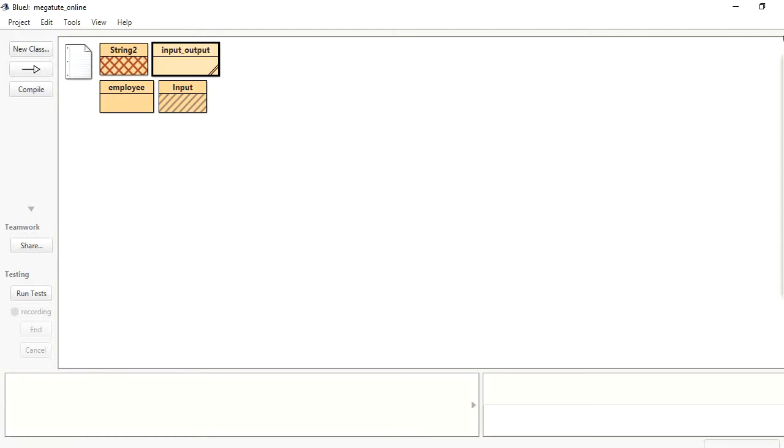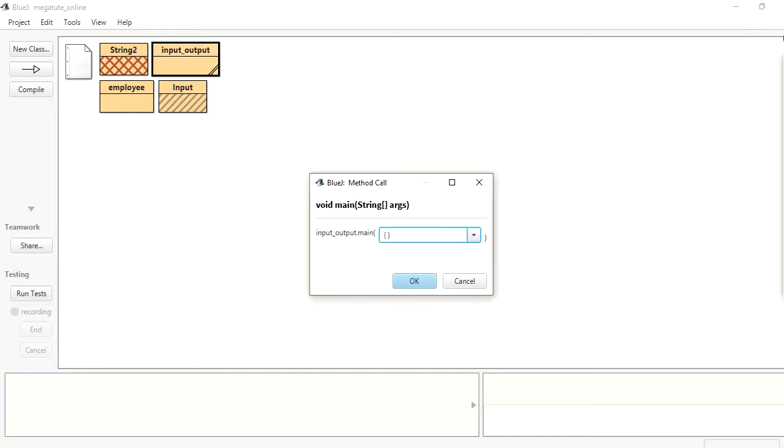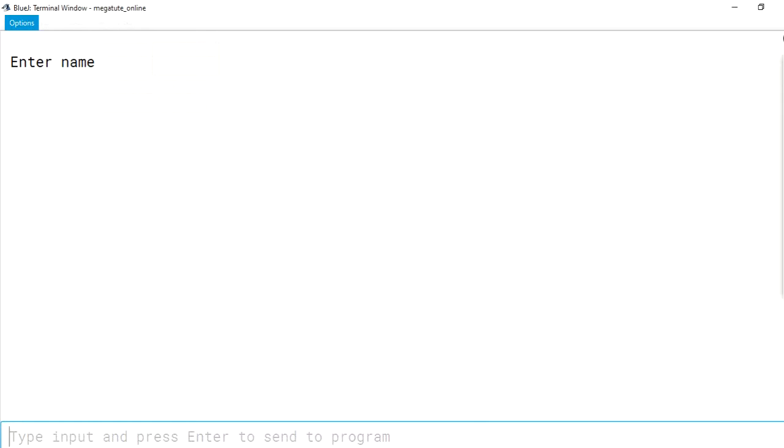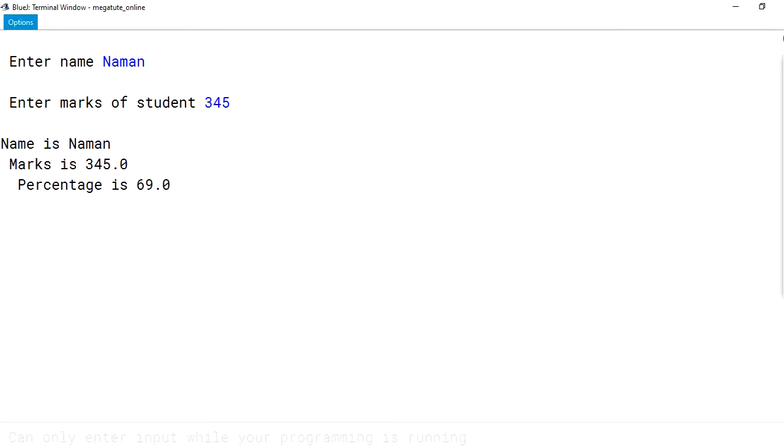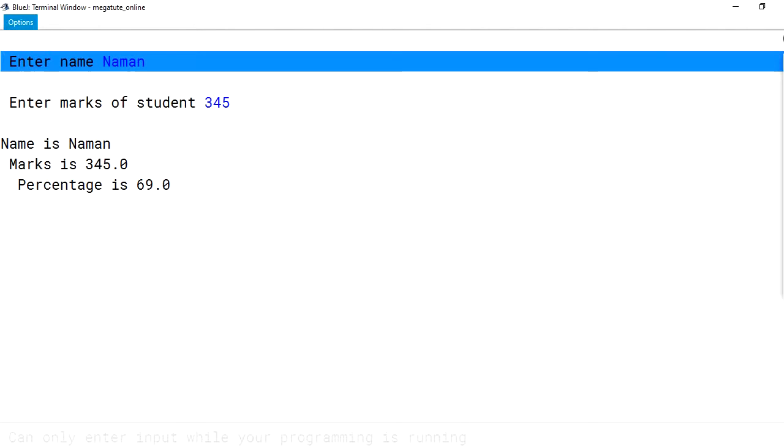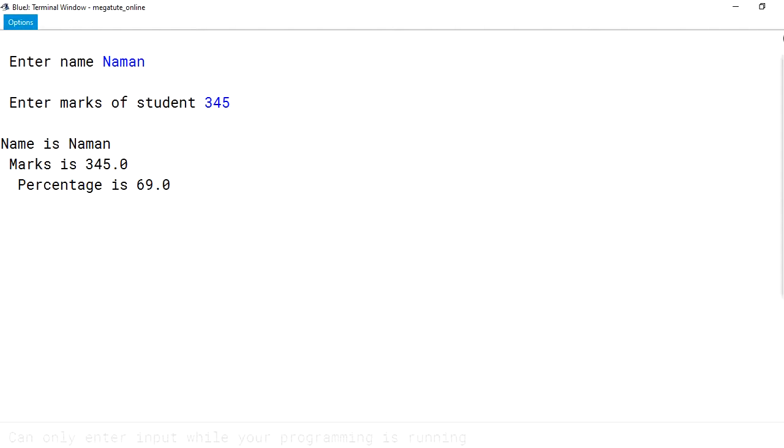I'll get to the main screen. And over here in the main screen, I'll run it. So it will ask me now the name of the student. I can give Naman. And the marks. So it gives me the name and the marks, the raw marks and the percentage, right? Now, this is the same output as it was giving without constructor. So now you will say, how will I know that the constructor is working or what job the constructor is doing, right? So what we'll do,